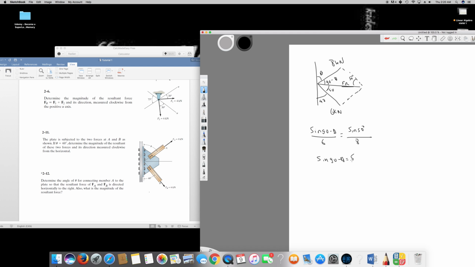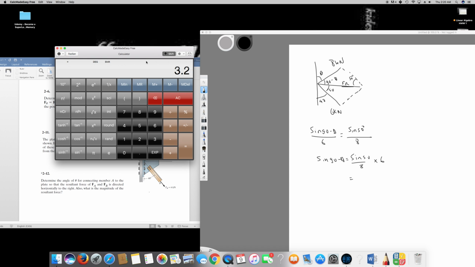So this is going to give me sine 50 over 8 multiplied by 6. So sine 50, we have to plug it in the calculator and see what happens. In this case, I have to shift it. 50 sine is going to be 0.7, whatever the number is, multiplied by 6, divided by 8, and you get 0.5745. So since we want to find the sine of 90 minus theta, to find 90 minus theta, I have to just